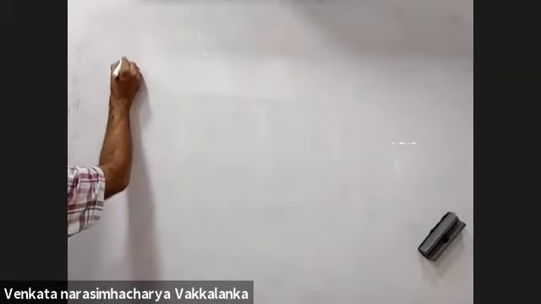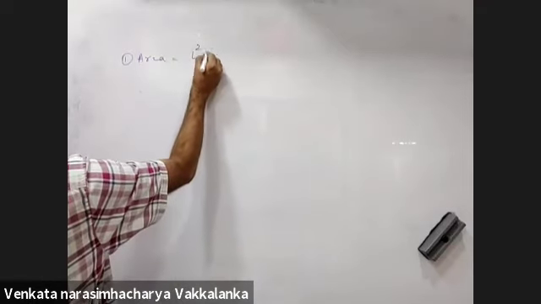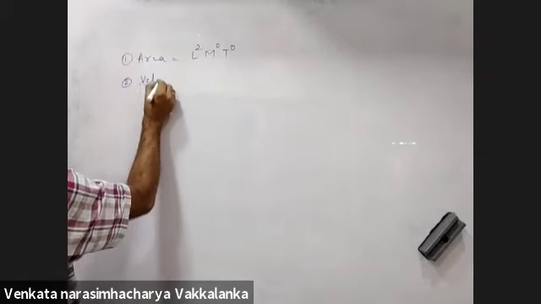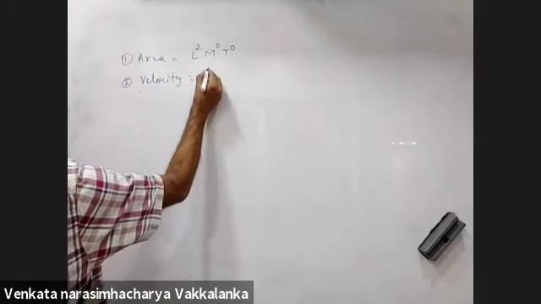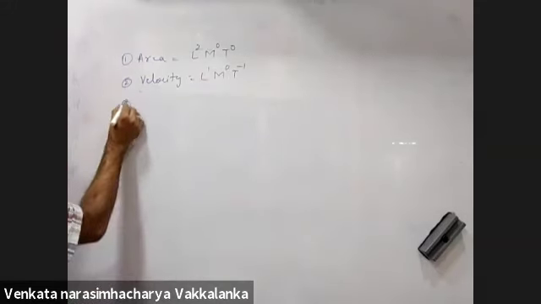We will summarize all the dimensional formulae in one go. Quite a few of them will be used in different ways in the examination. That's the basic structure for this question. There are only 3 types of questions asked. For example, first point, area will be L to the power 2, M to the power 0, T to the power 0. Velocity, L to the power 1, M to the power 0, T to the power -1.